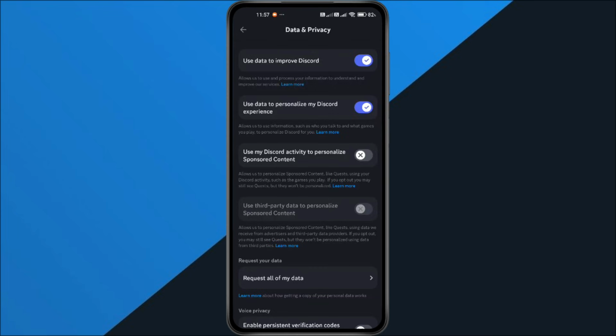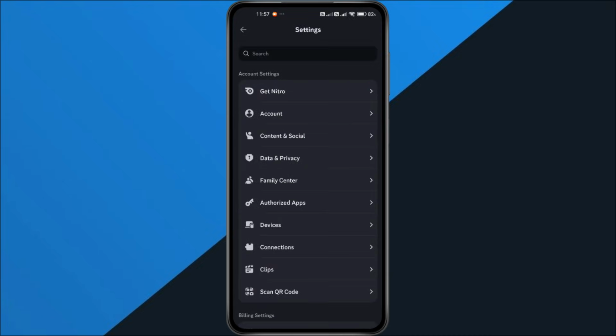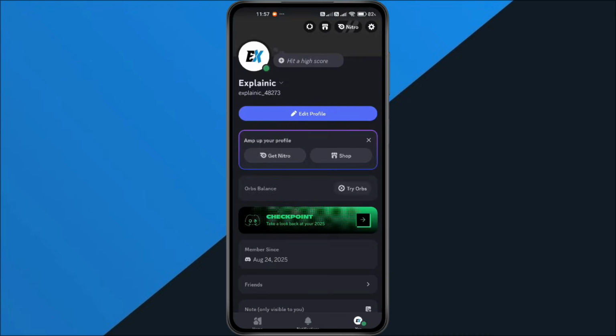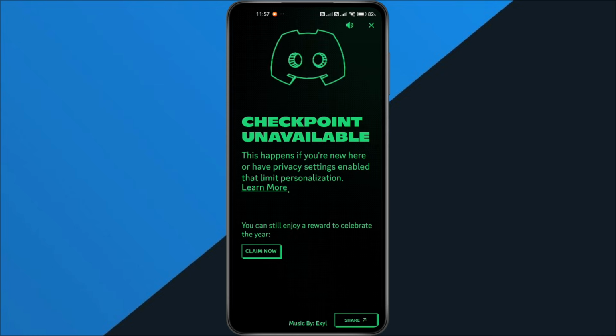And that's it. Once everything is enabled and your app is updated, your Discord Wrapped will appear automatically when it rolls out to your account. You'll be able to see your top servers, your most active friends, messages sent, emojis used, and all your 2025